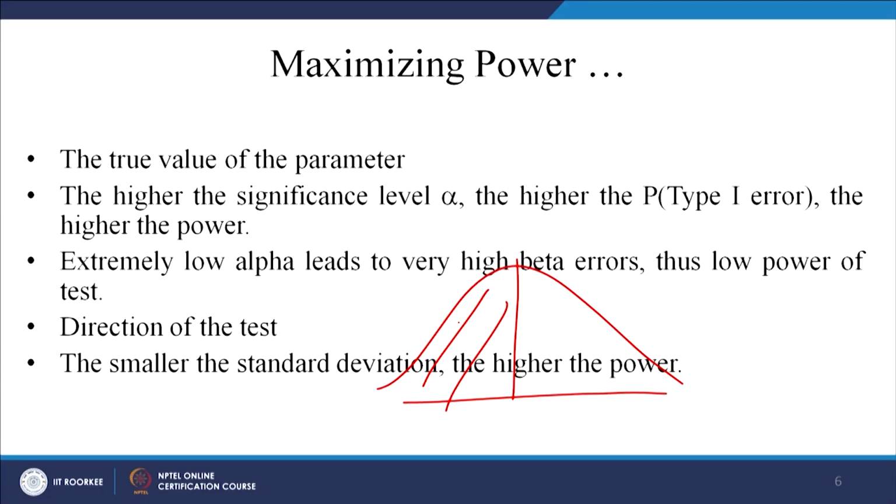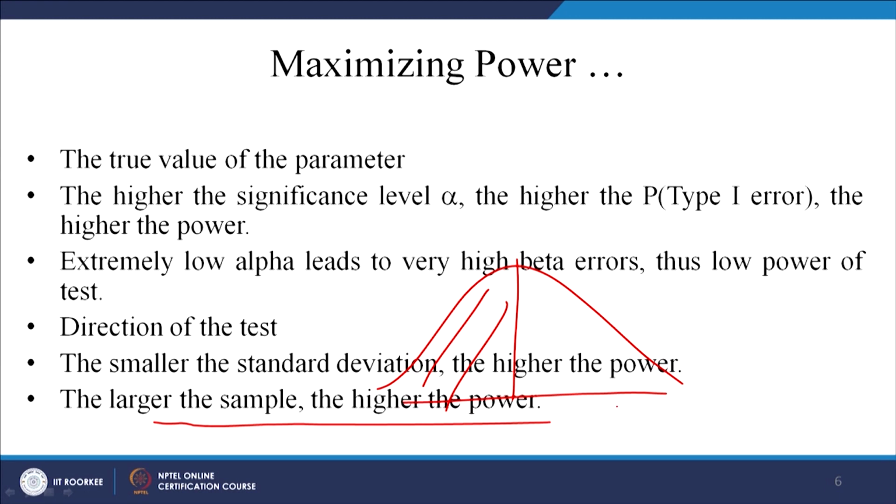You can logically also think, because you know the direction. In the earlier case, when it was two directional or non directional, you did not know which side the test is moving. Therefore, when you are clear, logically the strength of the test improves. The smaller the standard deviation, the higher the power. This is another relationship between power and standard deviation. The larger the sample, the higher the power: as sample size goes on increasing, the power of the study goes on increasing. So, the best way to improve the power of a test is to increase your sample size.